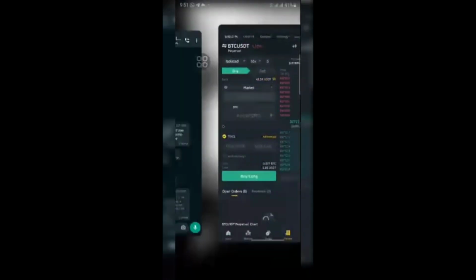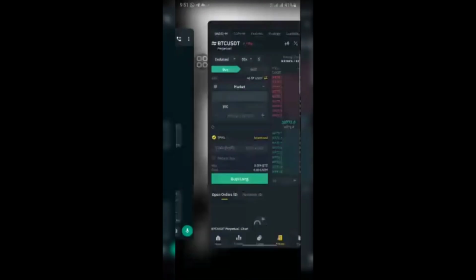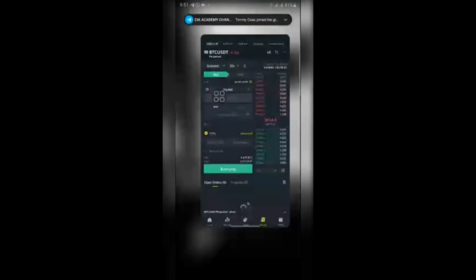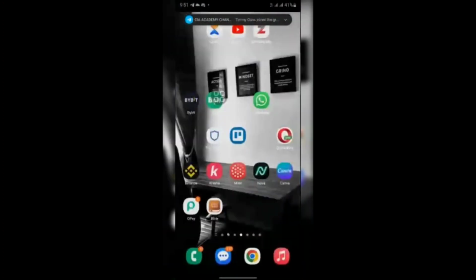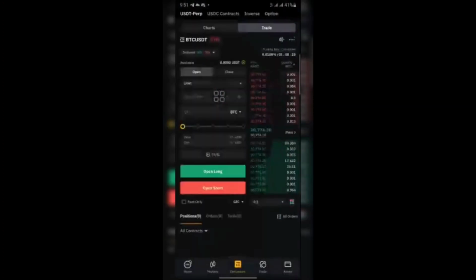So there's nothing again to explain here. That's everything about it. The same thing applies to Bybit too, the same way. But the advantage of Bybit over Binance is that you can place a long position and you can place a short position too at the same time. You can be on a long position of BTC, and you can also be on a short position of BTC too. But on Binance, if you are on a long, you cannot be on a short at the same time.